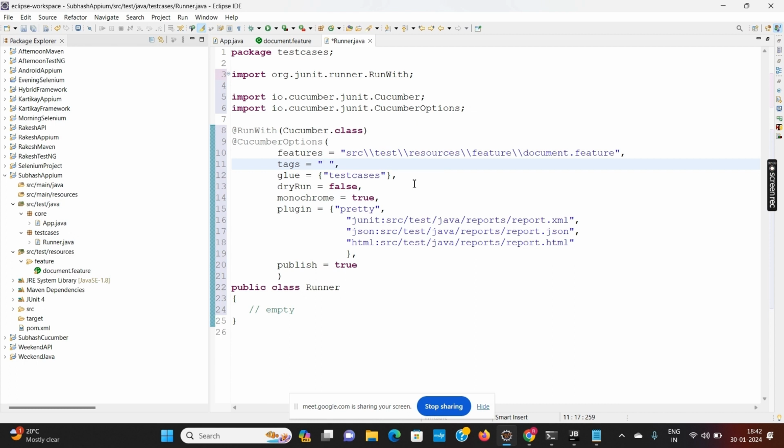So I can use just calculator. That is, I want to run the scenario with @calculator. And it will search for the implementation in this package name, test cases. And this is the plugin for the package. Dry run and monochrome true mean that if the implementation is not there, it will not run and it will give you the suggestion for the implementation. So this is my runner class.